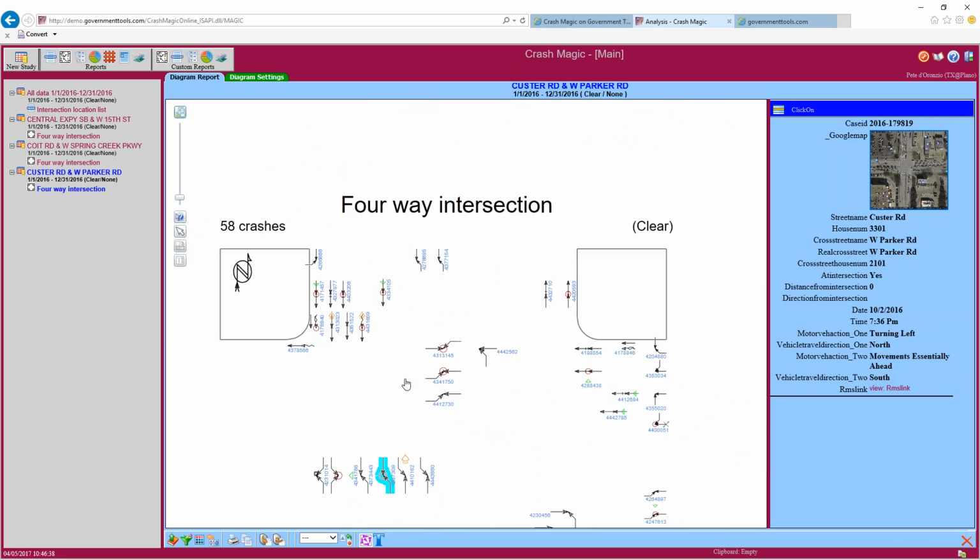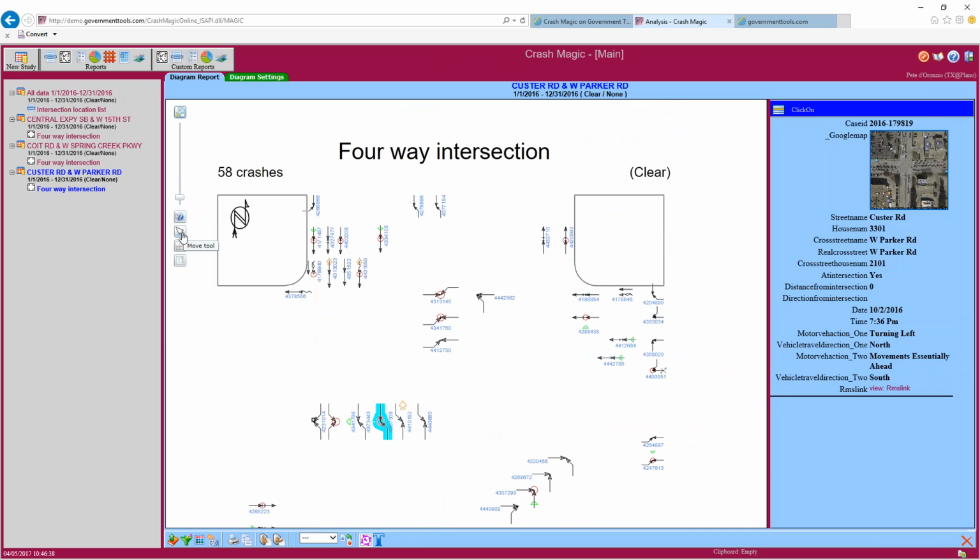So that's dragging crash graphics. And that's the Move tool. Another option you have is to be able to rotate. And Tanya, you gave me a list of where people were from: Plano, Lake Forest, Nebraska, St. Louis County, and California. Okay, we do have some agencies that have crash graphics